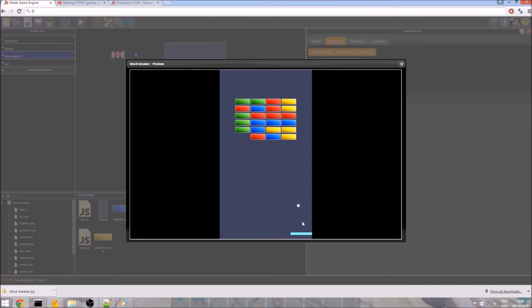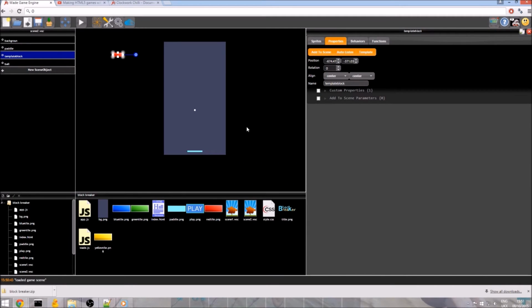Now, really, there's lots of things you can do. You can add points every time you break a block and display them. But this tutorial is getting very long. The collision section is actually even longer than I thought it would be. It is quite complicated. So what I'm going to do instead is I'm just going to make it so once all of the blocks are gone, they will respawn. That's all I want to do.